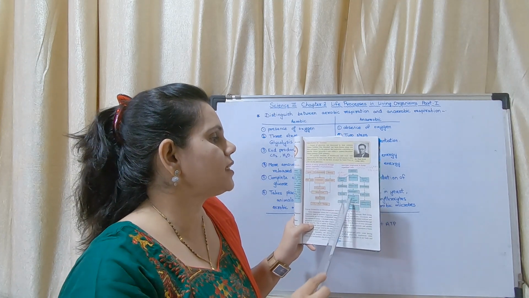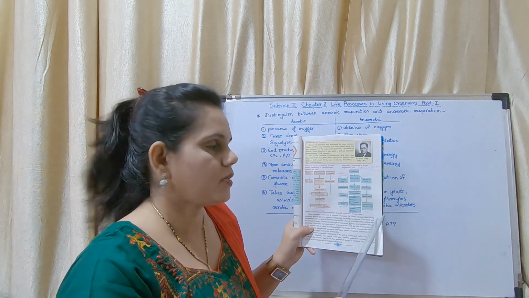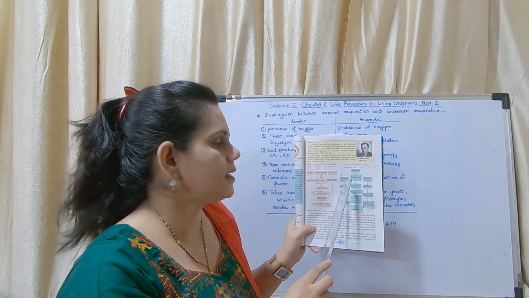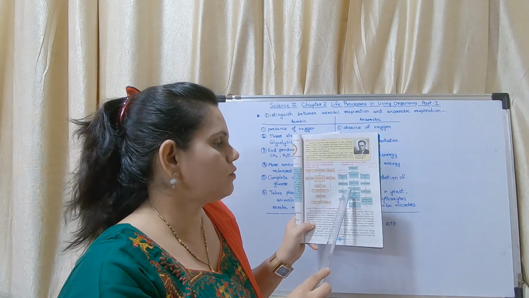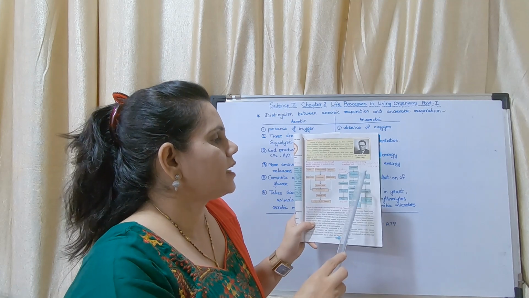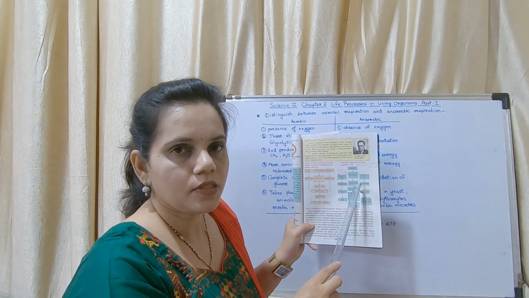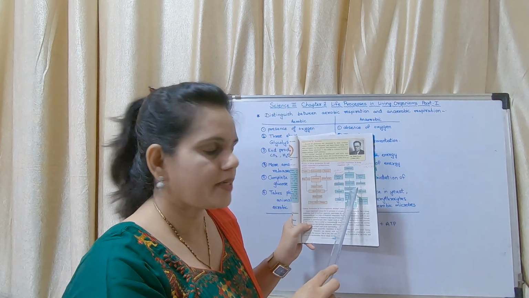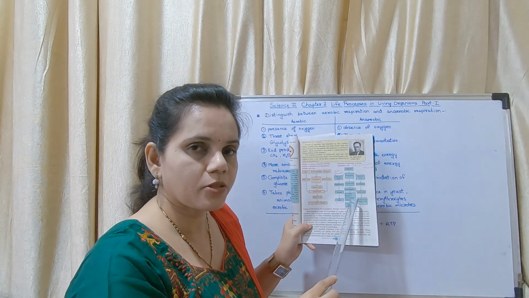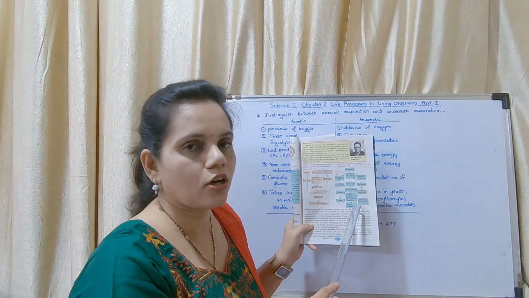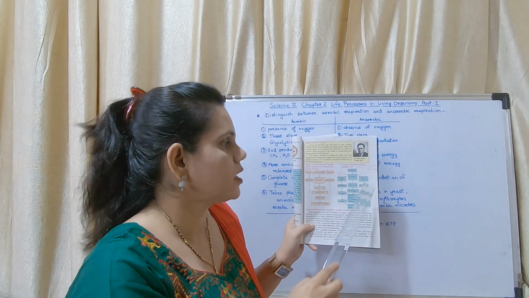So these are the three types of anaerobic respiration. I repeat, glucose getting converted into pyruvic acid, undergoing fermentation to form alcohol. This is done by yeast. Glucose through glycolysis forming pyruvic acid, undergoing fermentation to produce different types of products like vinegar, vitamins, etc. These reactions are carried out by various types of microbes.